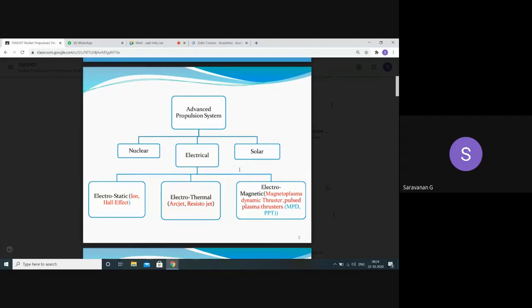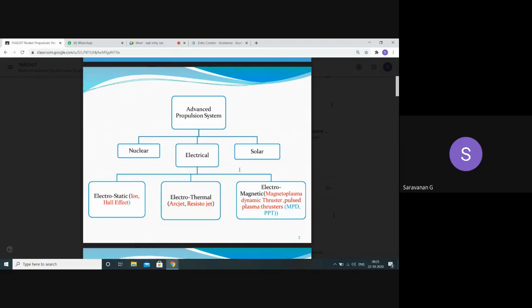What was there in the earlier stage is still in the process of development, but we can't say it is a new technology. It's not a traditional one like chemical propellant. Instead of using chemical propellant, we are using some other power sources to generate thrust. Hence, it is termed as advanced propulsion systems. So today's class starts with that, and the last unit starts with the concept of advanced propulsion systems.